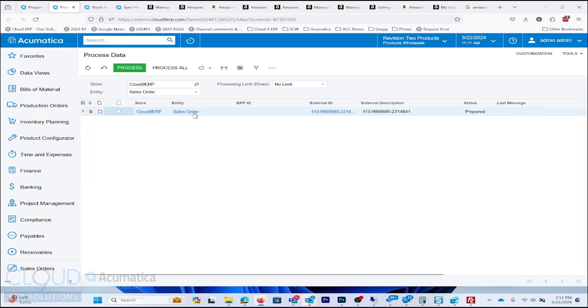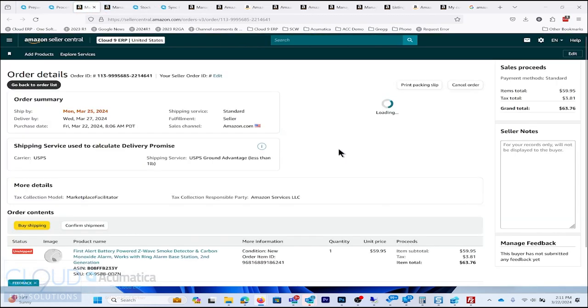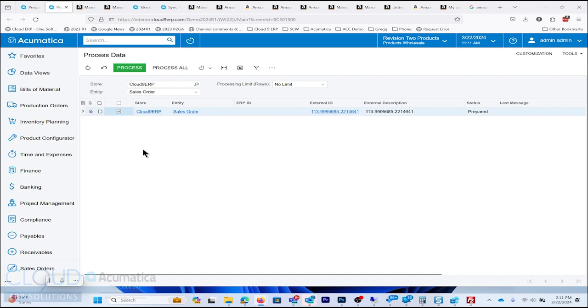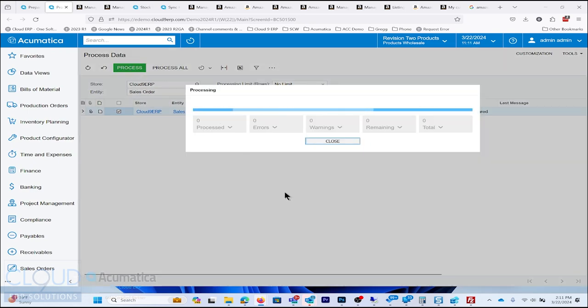So here we can see the entity, it's the sales order, our store. We can see the external ID, that's the order number at Amazon Seller Central. If I click on it, it brings us into Seller Central and shows us the order. Now, if I go back to Process and check this and click Process,